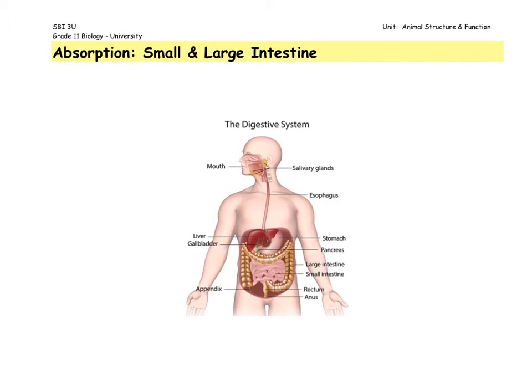So we're at the stage of the digestive process where we start to talk about absorption. And so let's just trace where we are, do a quick recap of where we are so far. So we talked about how ingestion happens in the mouth, and there, our food starts to be chemically and mechanically broken down. And then it travels as a bolus down by peristalsis, down the esophagus, in behind here to our